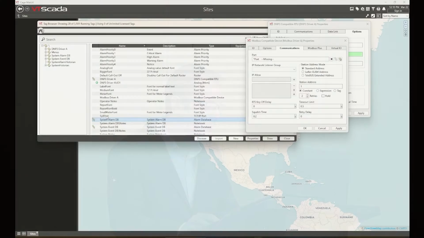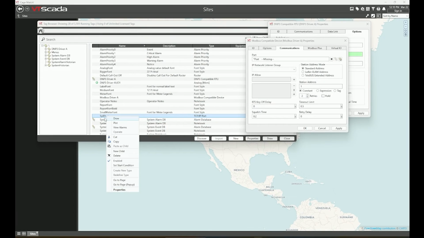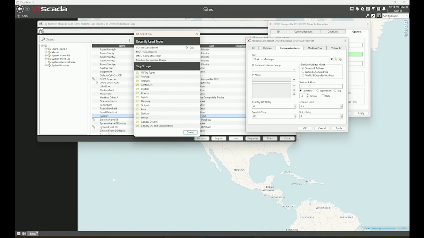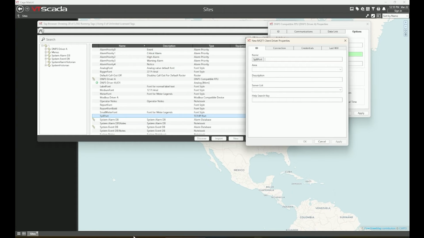So it's Modbus, DNP3, Sparkplug B. I guess the other thing to note about Sparkplug B, another option you can do, if I just delete my driver, I'm going to recreate a new driver to show. Maybe you don't want, you saw how I brought in a bunch of tags automatically. Maybe you only need a subset of the tags. What you can do is, if I create a new MQTT client driver here,